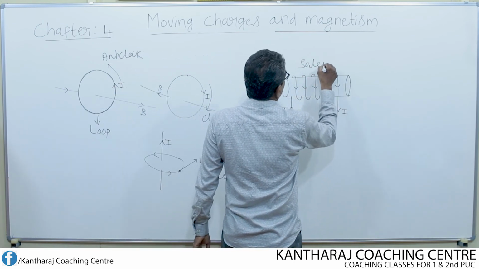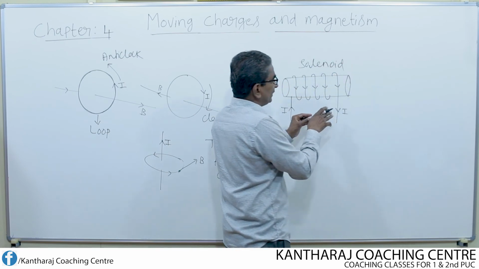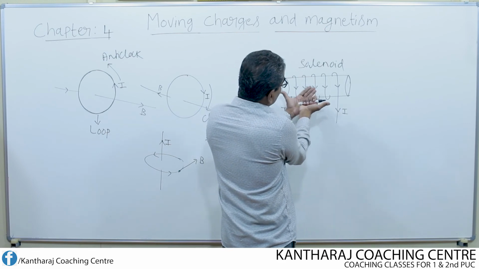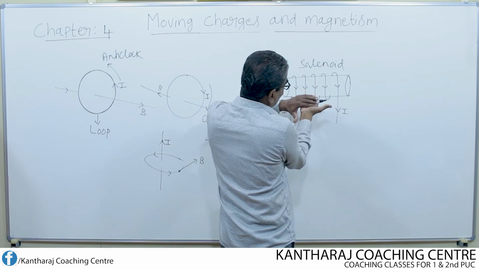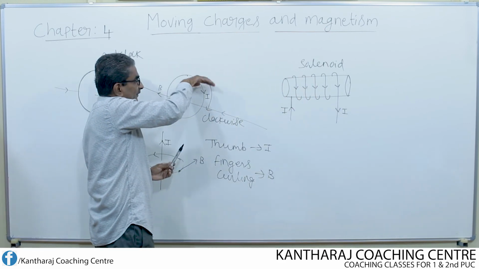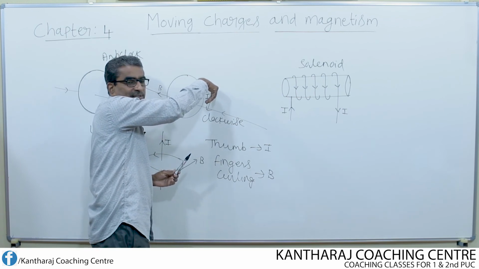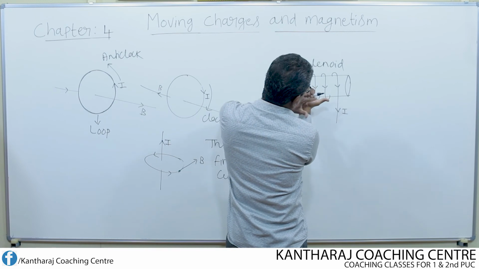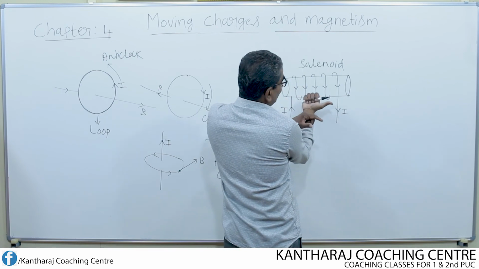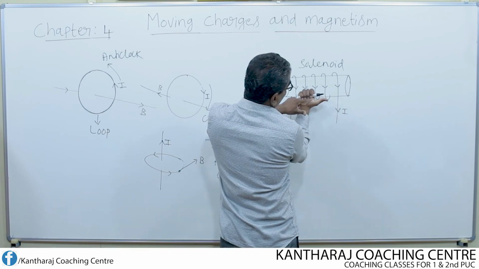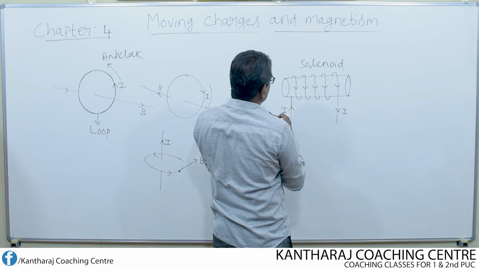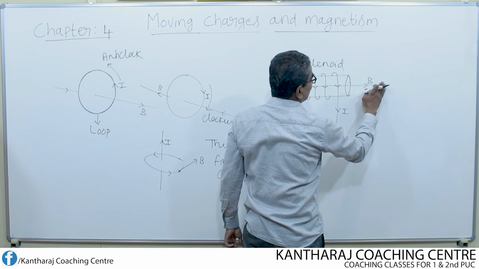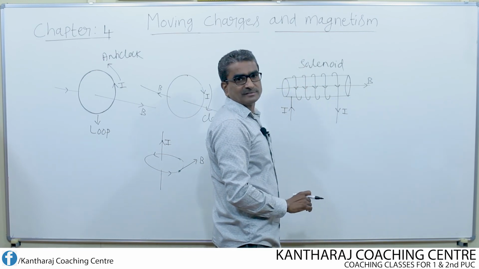In the similar way, I apply this to solenoid also. So this is solenoid. Hold the solenoid now by means of your right hand. If the fingers clasping gives the direction of current, thumb finger gives the direction of magnetic field. So now, the magnetic field should be all along the thumb finger direction. That means it should be all along the axis. So this is the direction of magnetic field.